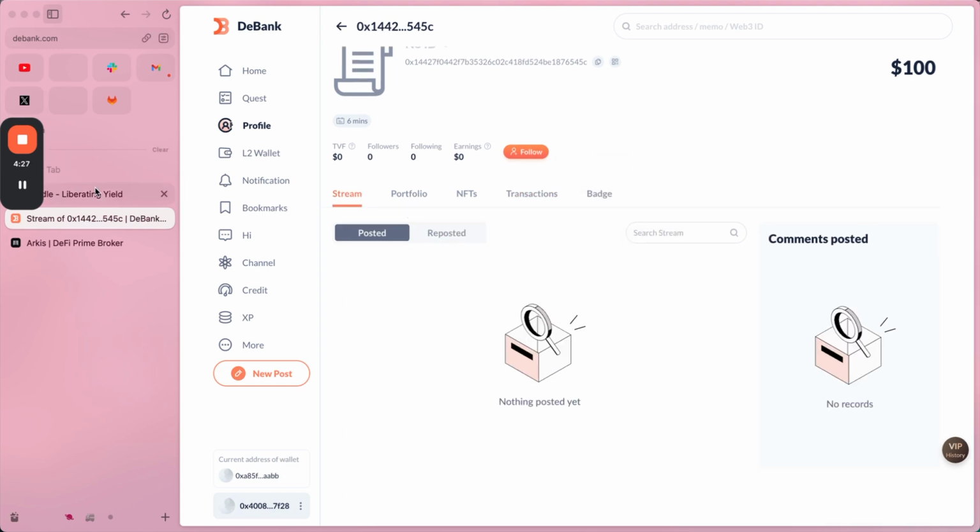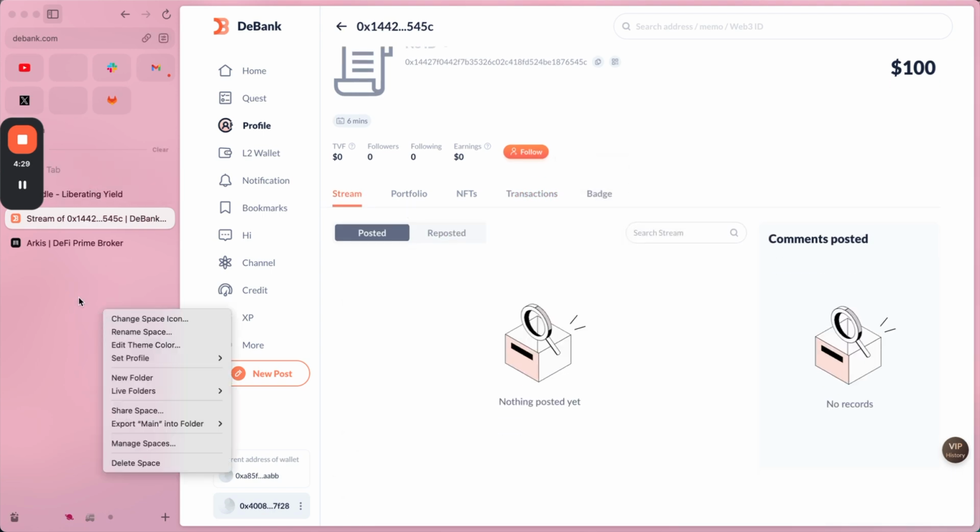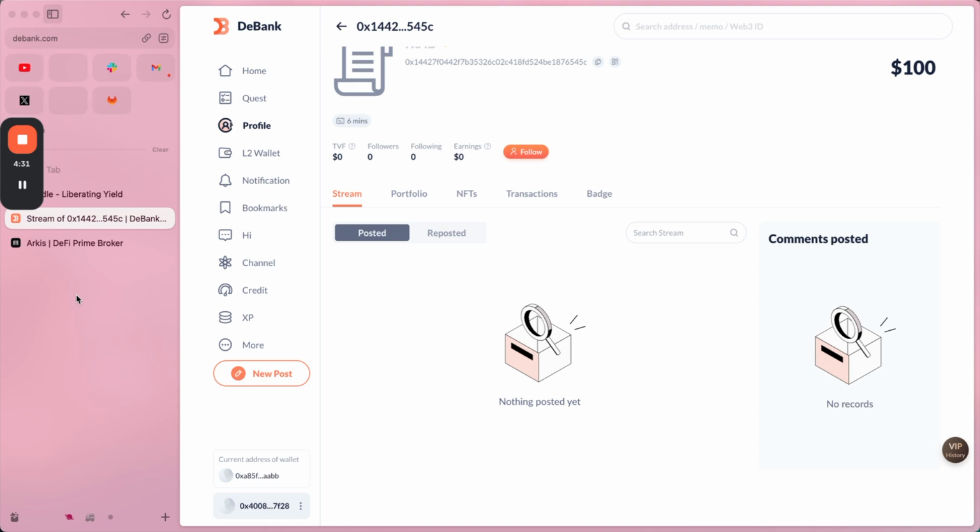So now let's take a look at how we can use this 100 USDC, which we have borrowed by using Arkis Hype as collateral, to enter into a Pendle position. By this transaction, we can show how a user can get extra dollar yield on top of their already existing Hype tokens without the need to sell them, and at the same time use the power of the Ethereum ecosystem to